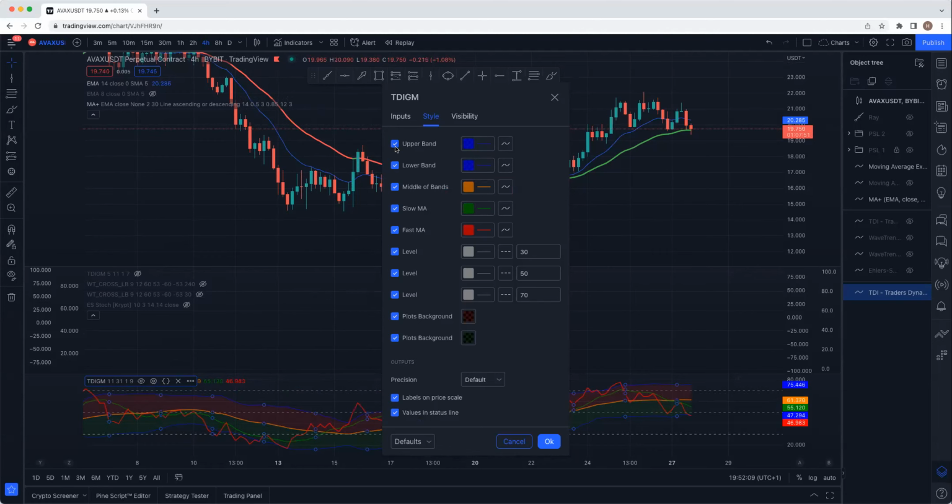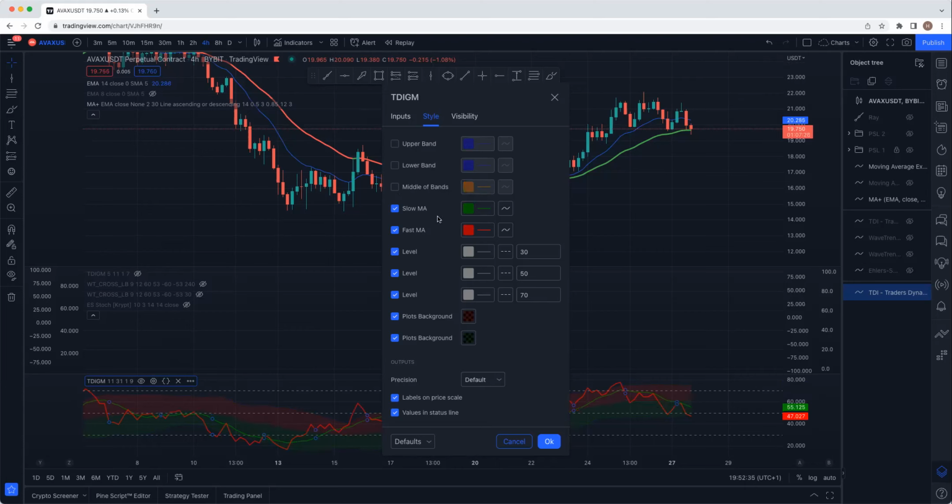But for this strategy, we don't even use the upper band and the lower band. I'm just showing you how you can edit it, ready for our future strategy. So the upper band and the lower band, we take off, right? The middle band, we also take off.